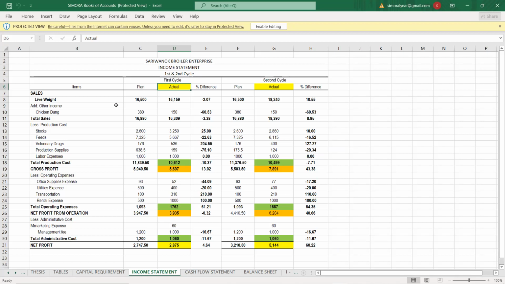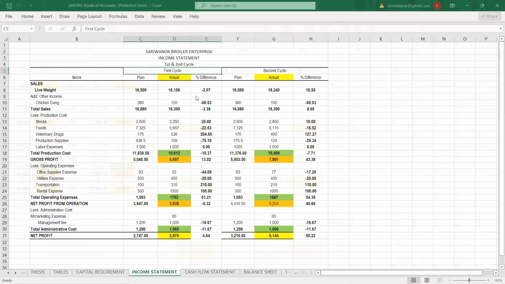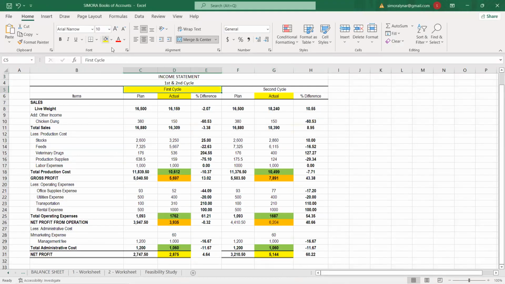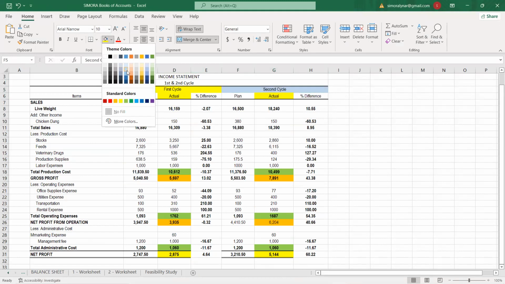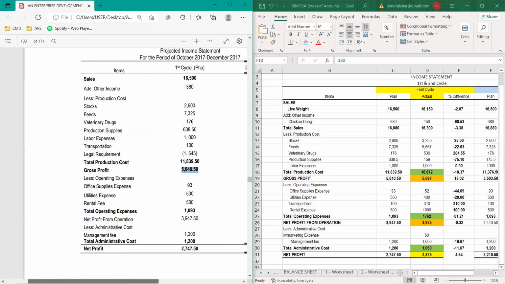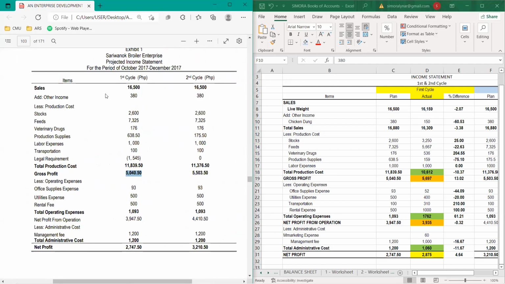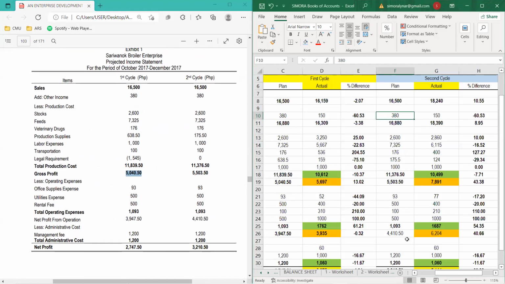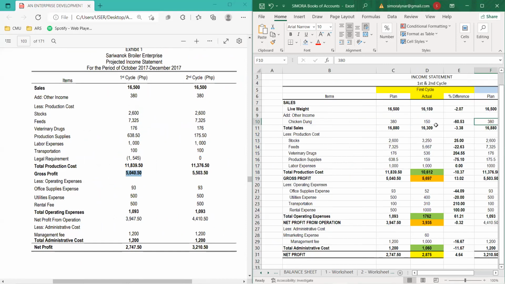So as you can see here, I have put in many things. I have plan, actual, difference, and yes, for the first cycle, I'll try to color it. So for the first cycle, I have this one, and for the second, this is the file for my second. As you can see here, what is projected is like what's in my book, but in actual it's this much. I put many columns. I put my actual expenses, my actual profit, then the difference. Once it says negative, that means I'm losing.